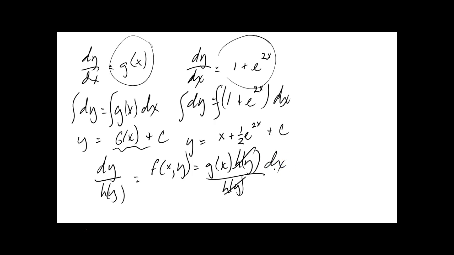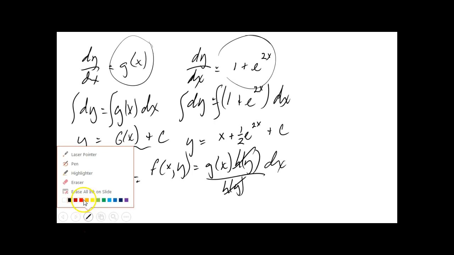Now we said that g had to be integrable. Now 1 over h of y has to be integrable, okay? And that may be a little bit tougher to find, but a lot of times it will be something we can handle, okay? So with that in mind, let's give the definition, okay? Pretty straightforward, hopefully simple definition, and here's what it is. Definition 2.2.1, separable equation. A first-order